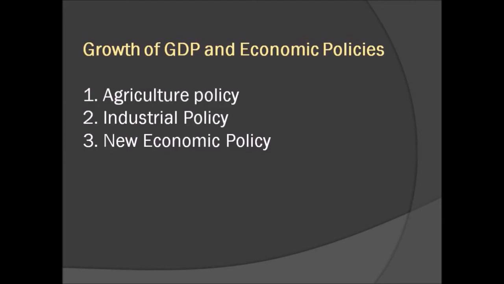Natural resources and environmental sustainability, research and development. That is, the government should also focus on the availability of water, and it should also provide them the needed help during the floods and cyclones. And market access for domestic commodities, the farmers must be given the freedom to fix the rate for their products. And some of the agricultural policies are price policy, land reform policy, green revolution, irrigation policy, food policy, agricultural labor policy, and cooperative policy.